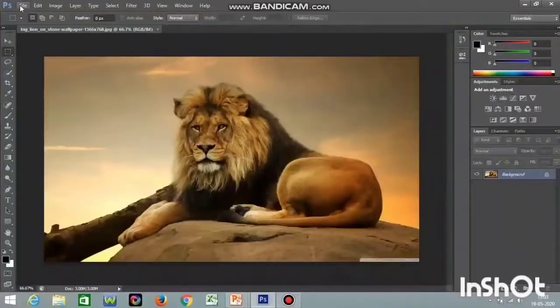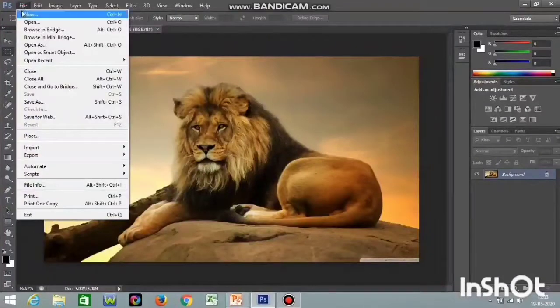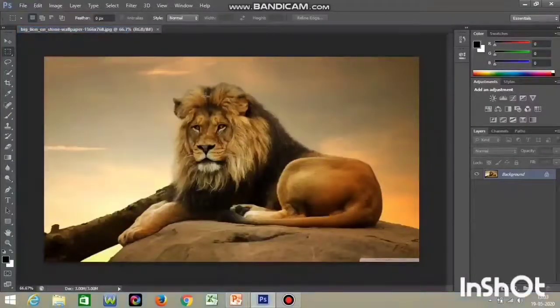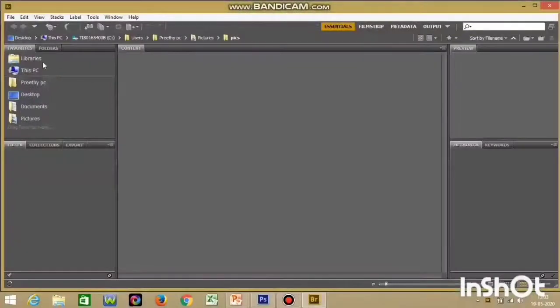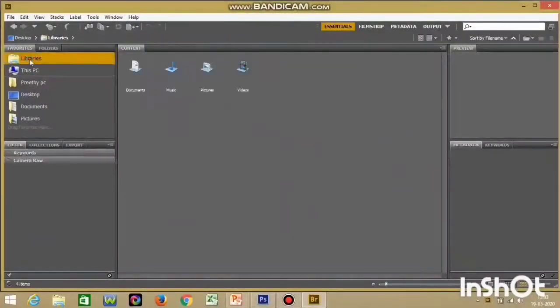So this is how you open an image in Photoshop. And the next option which I said is the browse option. The difference between the open and the browse option is that when you open a file using the open command, there are no property details displayed about the image. The dimensions of the image are not mentioned in that. So when you go to browse, here we have an option called Browse in Bridge. When you click on it, just like with open, you will have all these folders, the ones which are there in your system.